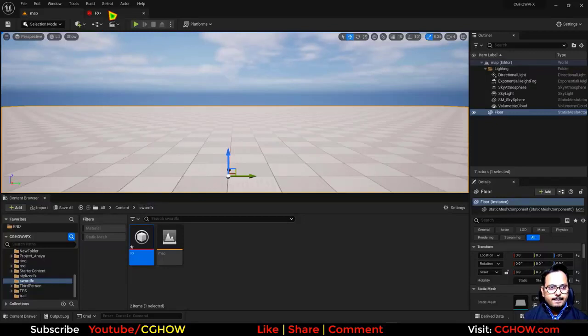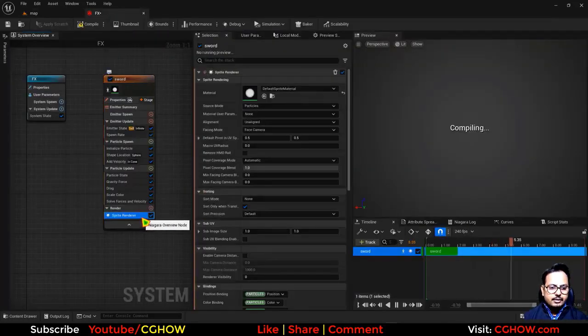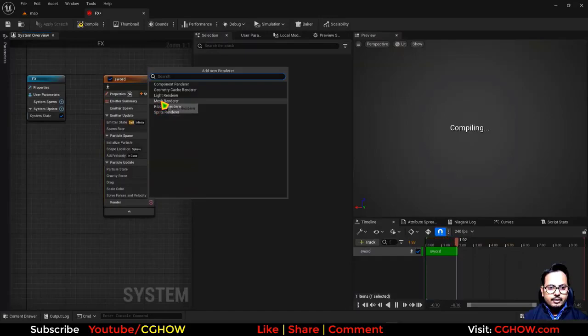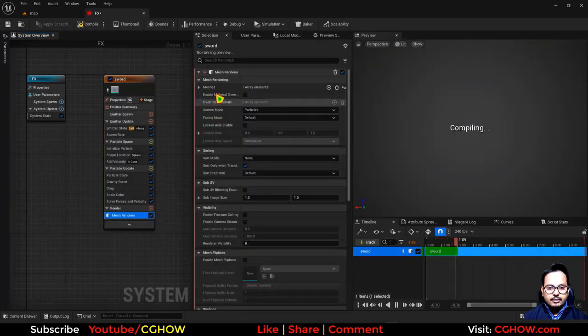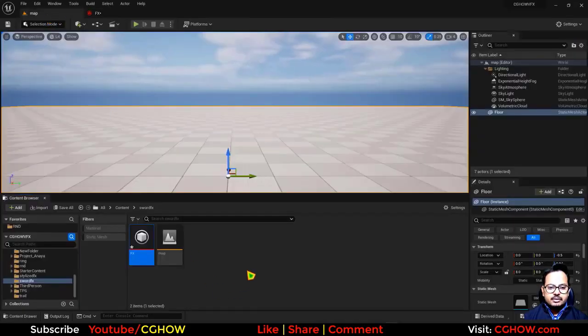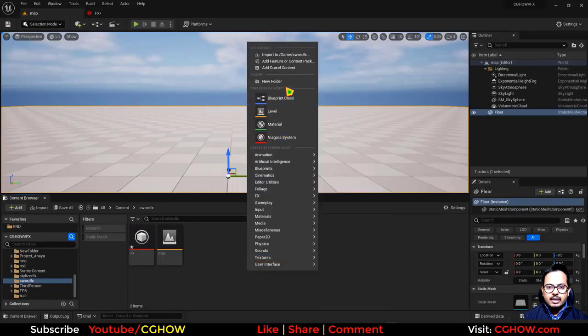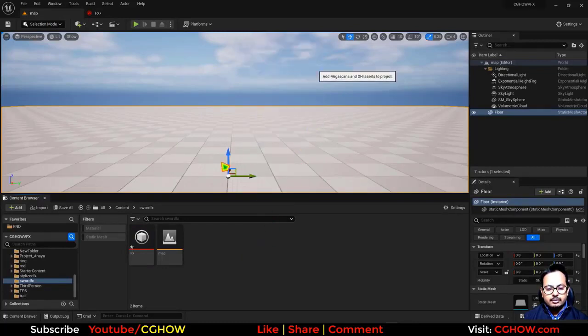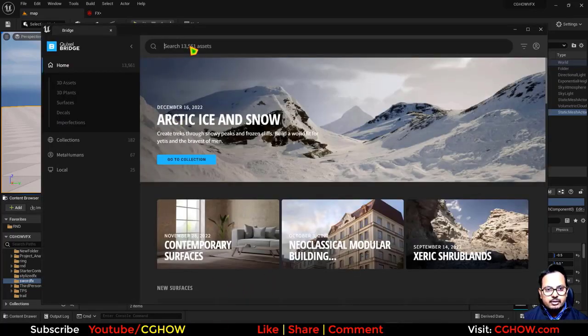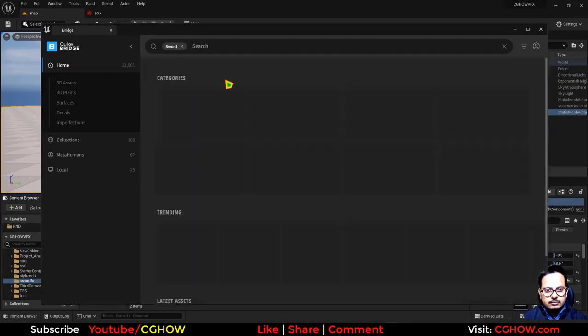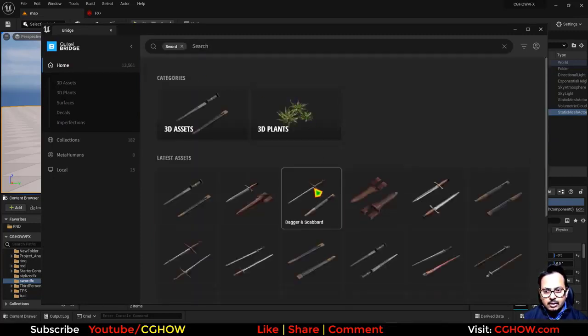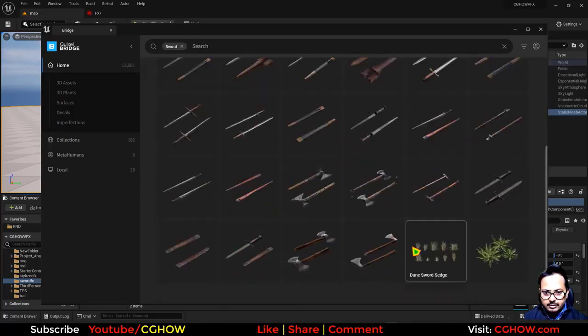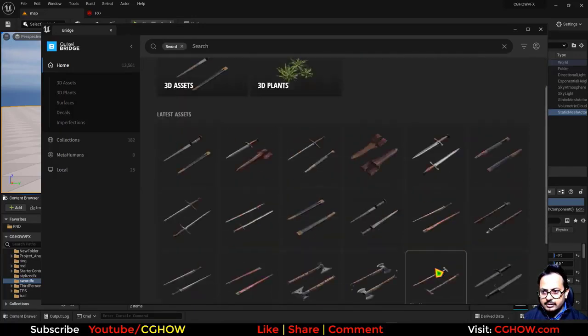So in this FX, this will be our sword, and let's delete this and take a mesh render, and let me check if there's any sword in the Quixel content. So let me check. So we will search here sword. Yeah, it has some swords, and I guess I will